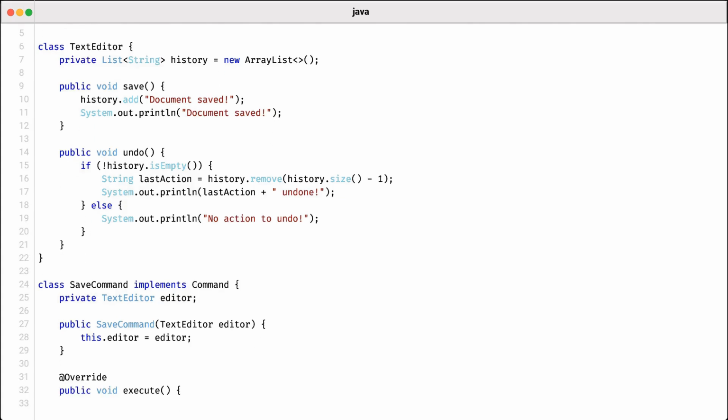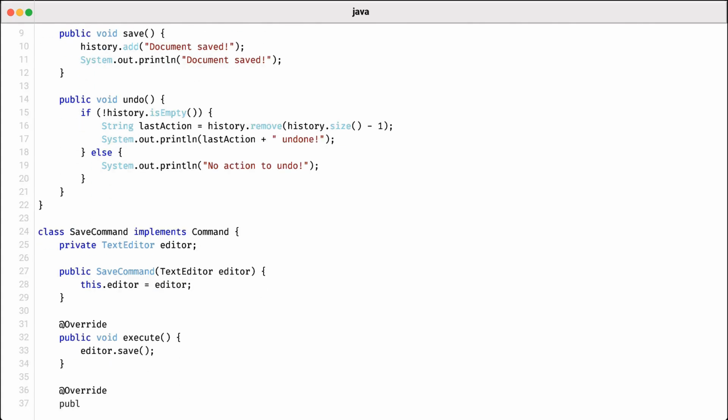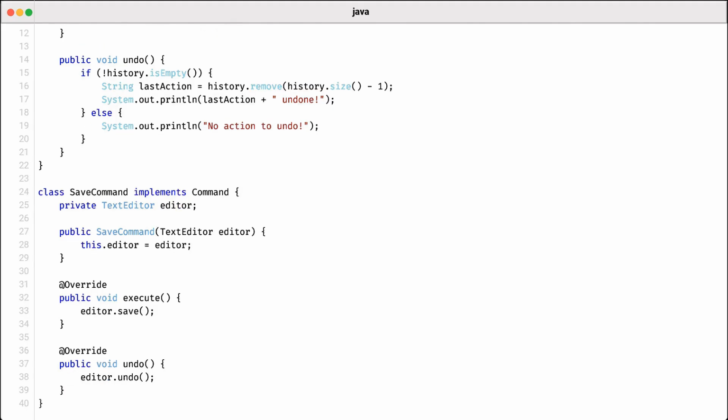The new undo method checks if there's any action in history to reverse, and if present, removes the last action while notifying the user. Simultaneously, the save command class will be updated to implement the undo method. This ties the command directly to the text editor's undo capability, ensuring that executing and reversing commands remains cohesive and intuitive for users. This approach effectively allows for better management of actions, making the application more flexible in handling user